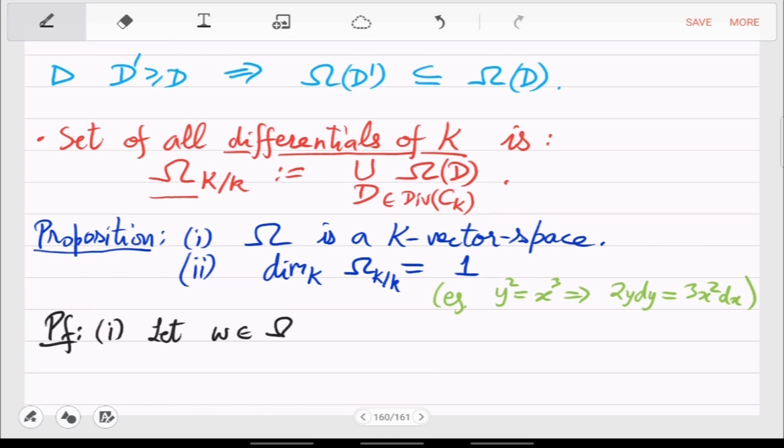So omega is a differential and x is a function. Define x times omega to be